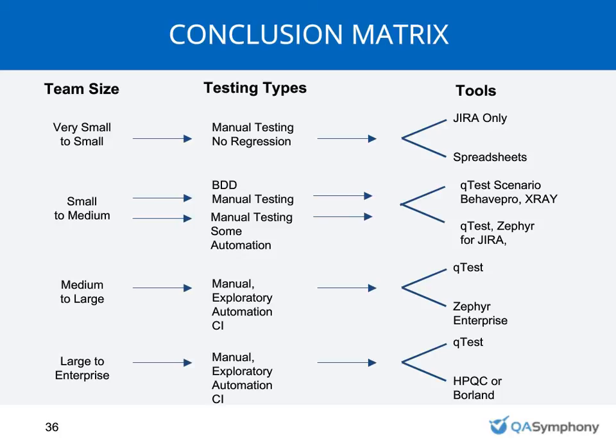You can build out your custom issue types, enter in your data, and you could also continue using spreadsheets or Google Docs or something like that. If you're small to medium and you're doing BDD and manual type testing, then I'd recommend looking at QTest Scenario, Behave Pro, X-Ray. They're great for that. And for teams that are small to medium using manual testing with some automation, you may want to look at QTest and also Zephyr for JIRA. There are a couple of other ones out there as well, but those are some I'd recommend